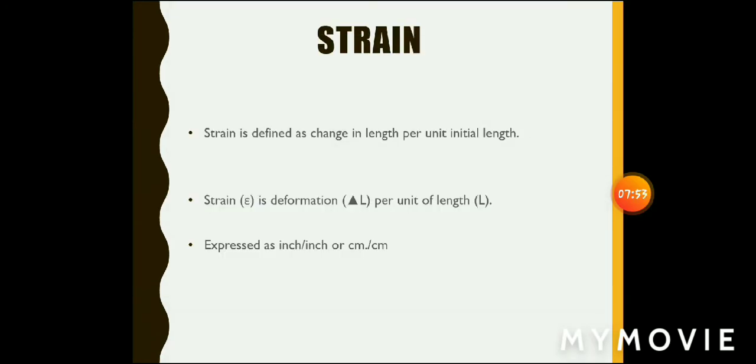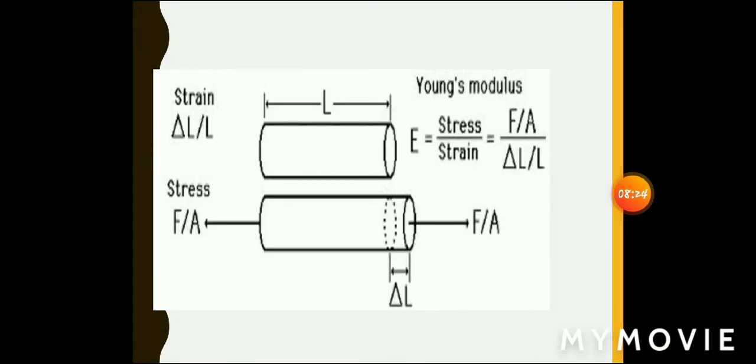Now coming to strain. Strain is the deformation occurring in a given material because of the applied forces. That is an elongation or shrinkage, whatever it is; the change in length relative to the original length, or change in dimension relative to the original dimension, is calculated as strain. Strain is defined as change in length per initial length. It has no units because length is calculated in the same units, inch by inch. See in the diagram, when a tensile force is applied and it is elongated, there is deviation. Delta L by L is the strain.